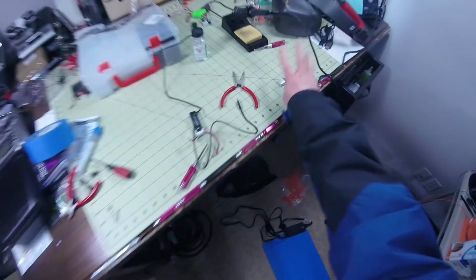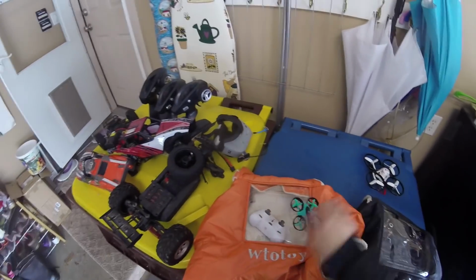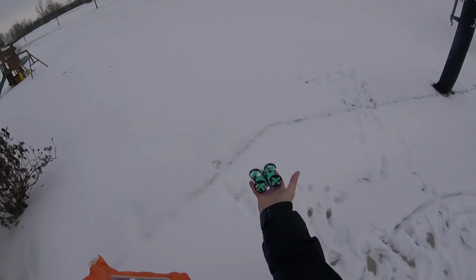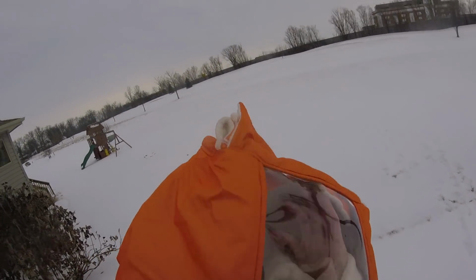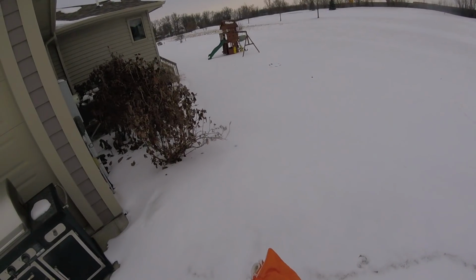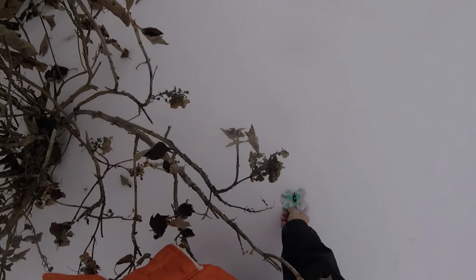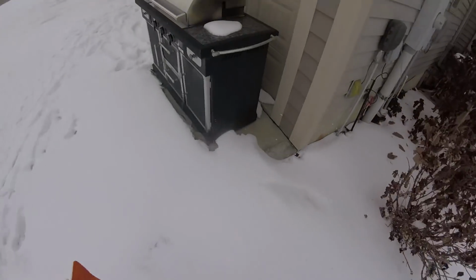Oh, crap. Let's try this again. Here we go. Nice fresh snow. Oh, I already lost it as I was trying to put my hand in my FPV gloves. So let's see if we can take off out. Oh, that doesn't seem like a good sign. I got nothing. No power. Is it because the snow is packed in too tight? Or is it because...